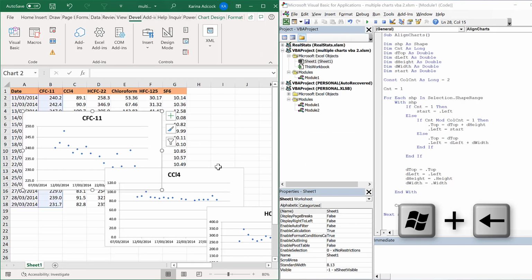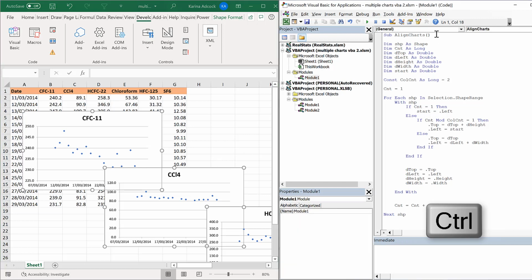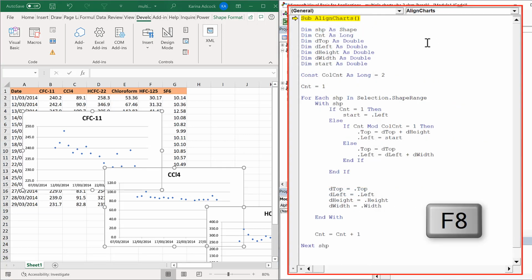Now here I'll select this, then hold down Control and select the other two as well and press F8 so we can step through this line by line. So we define all of the variables and the count is equal to 1. Then we go into the for loop and the first chart is equal to 1, so we don't move it, but we do define all of these variables. Then we add 1 to the count, so the count is now 2, and we are now on the second